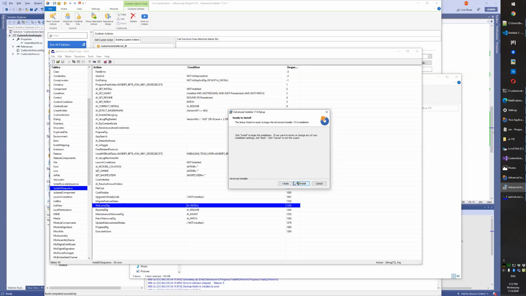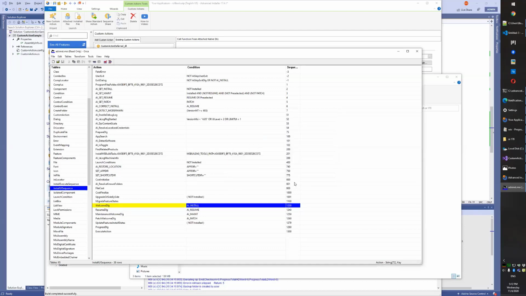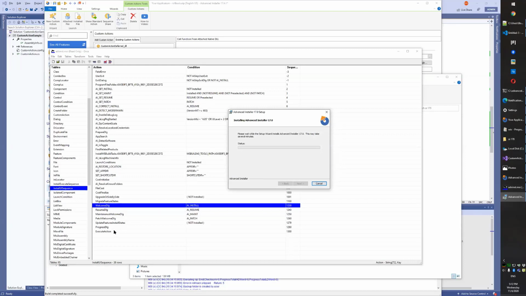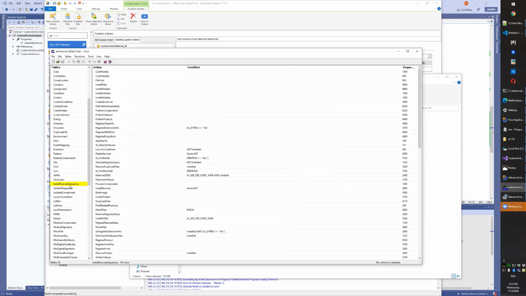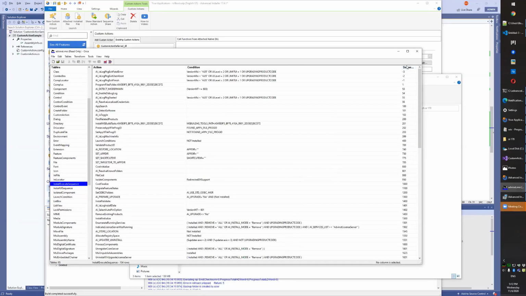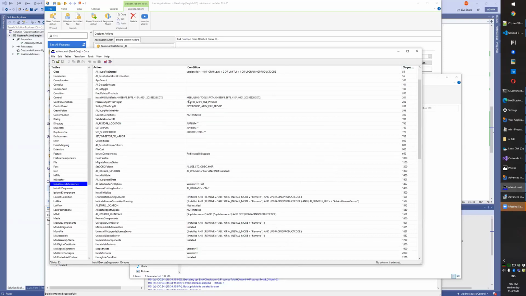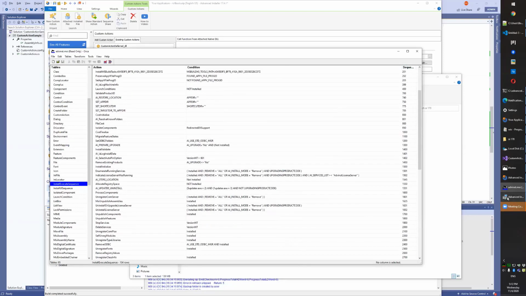And as I said, none of the immediate actions should change the system. The moment I press install, execute action is executed. It's going to elevate, and now it's going to install execute sequence. And here, again, following the sequence, the order from the sequence column, all the standard actions and custom actions are